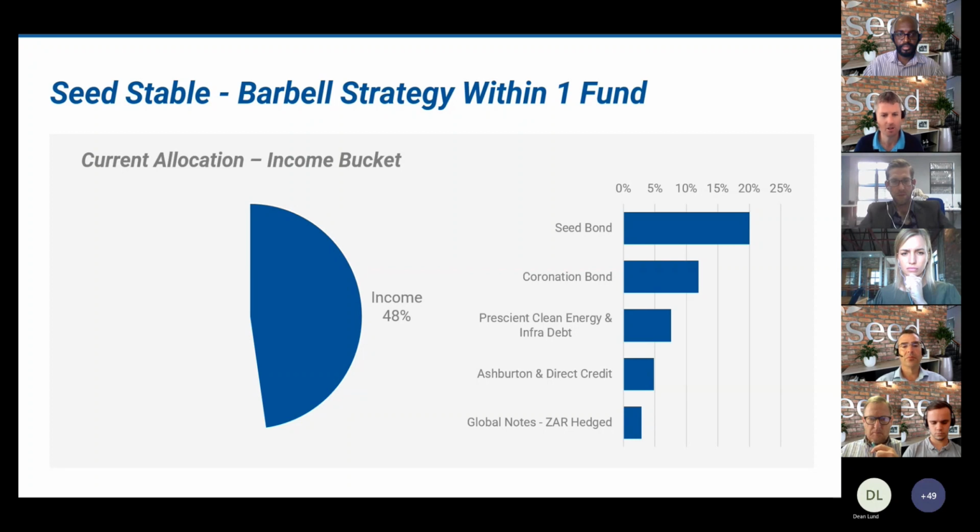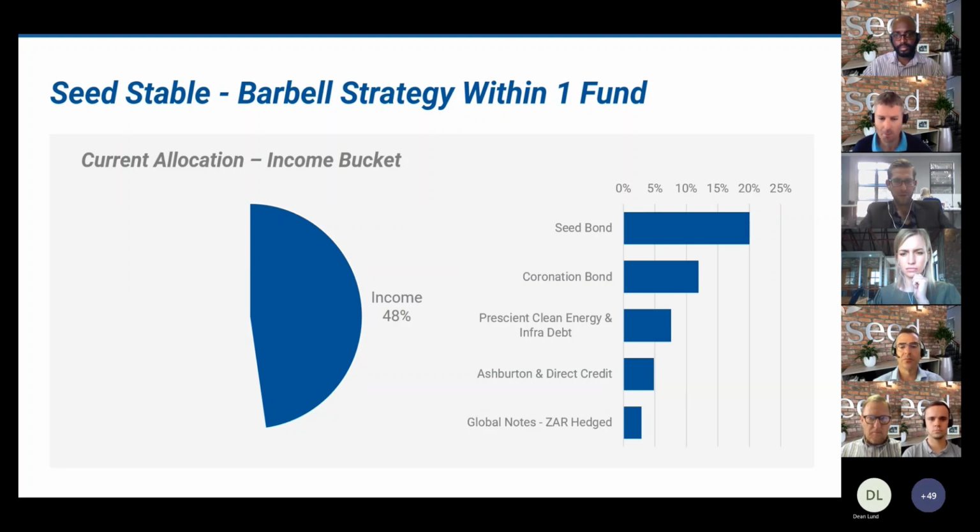Digging more deeply into the income component, these are strategies that should generate returns materially in excess of inflation. Over time, we'll hopefully deliver returns in line with the fund's inflation plus 4 target. It is more aggressive than your typical multi-asset income fund, like a seed income type strategy, but investors are rewarded with a high expected yield. As you noted, this component is currently yielding close to 12%, which at current inflation rates is around inflation plus 5%.